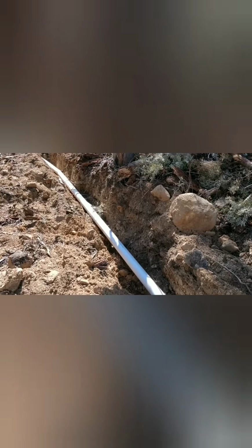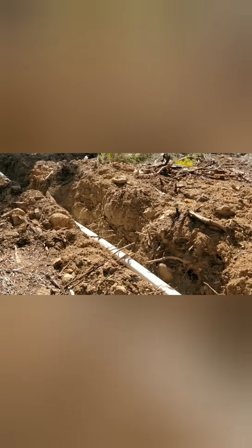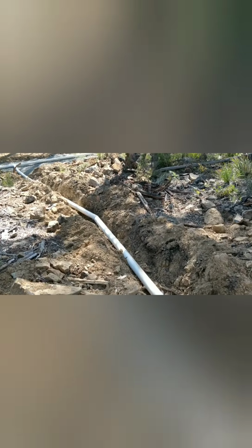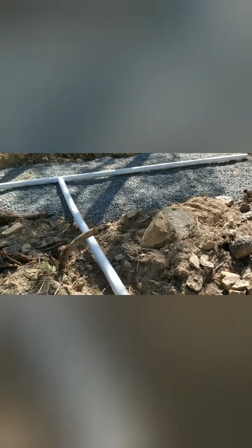So the transpiration bed, which has caused much wailing and gnashing of teeth, and has been the subject of a couple of videos so far. That goes all the way down here. As you can see, it terminates down here into a very large T-piece that allows the effluent to soak away. So what you'll observe here,